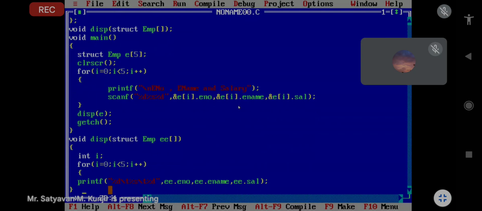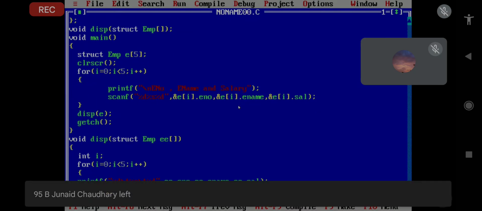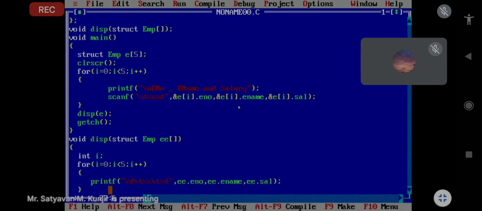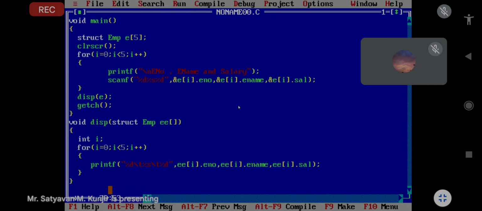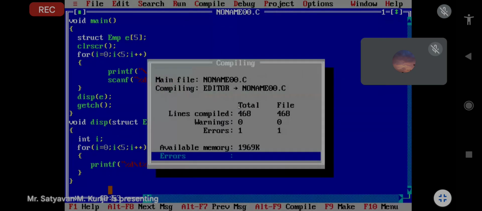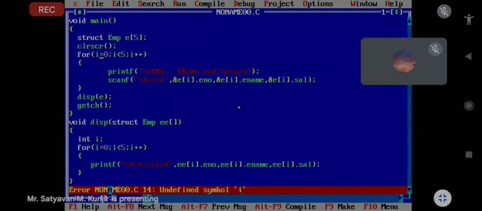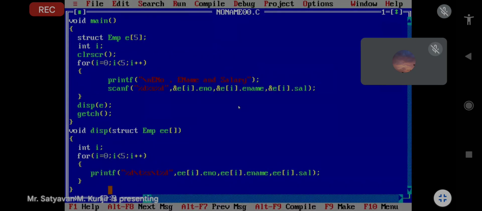And here we can display the data. E of i dot e number, E of i dot e name, E of i dot sal. Compilation: yes, we have to declare variable i here. Yes, it is error free.